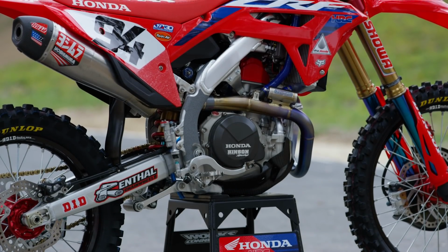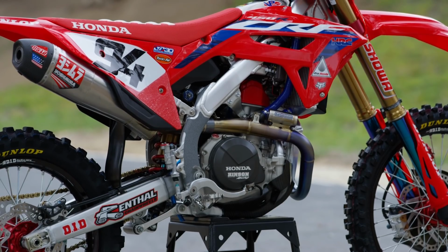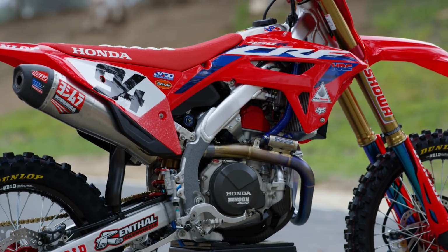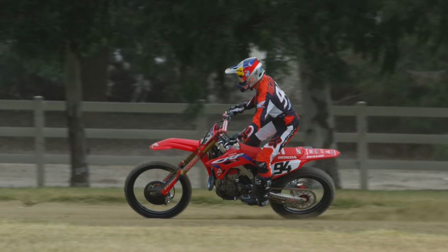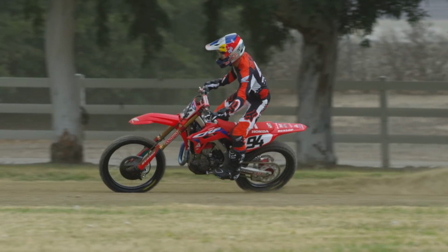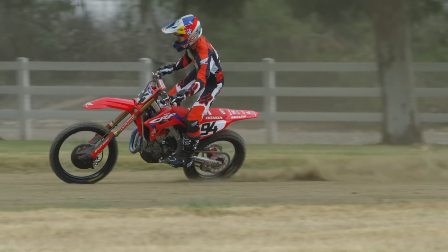As for the engine, Honda keeps this stuff close to their chest. We do know, of course, that the piston, the crank, the rod, the cam are all different in this bike, but nothing in here is really built to make the bike a fire breather. The comments we've heard from the team is that the Honda already has a really aggressive character stock. They're actually trying to make it easier to ride at times for Ken and Chase, and they're trying to make